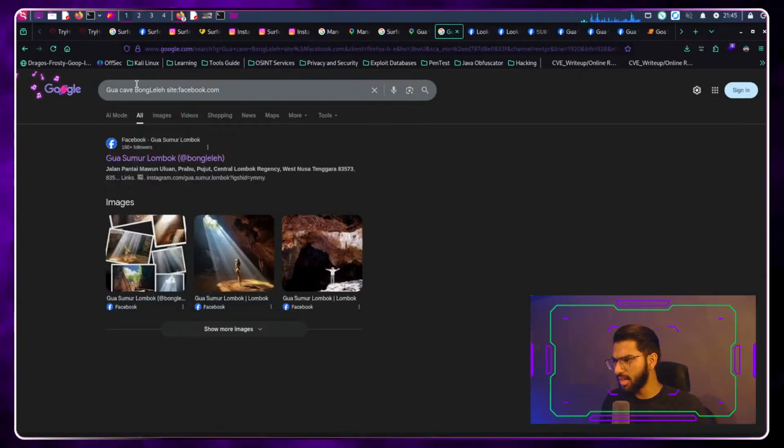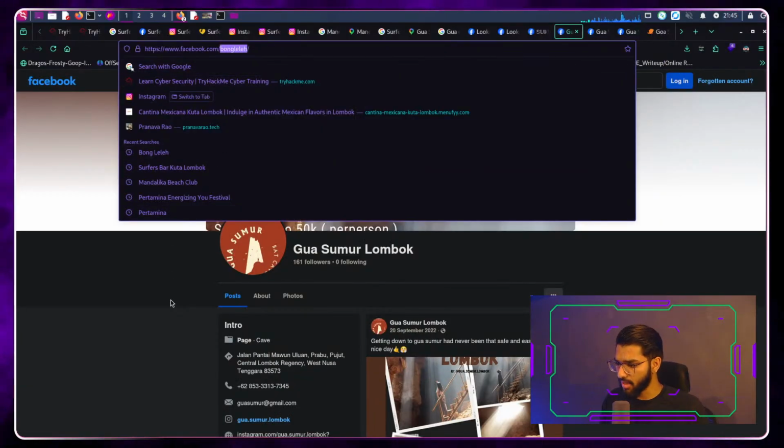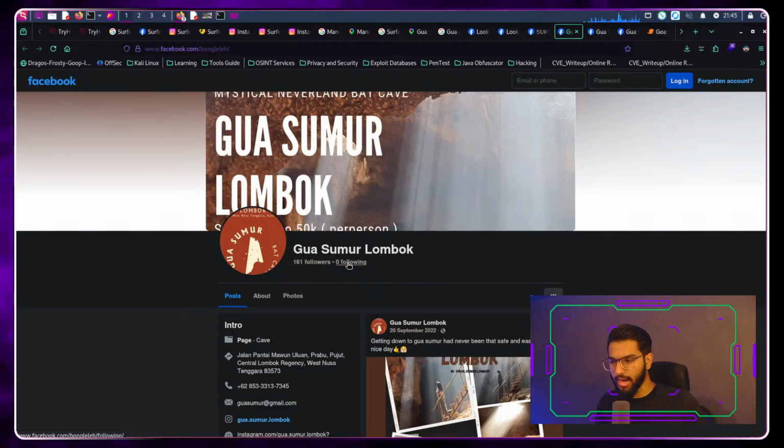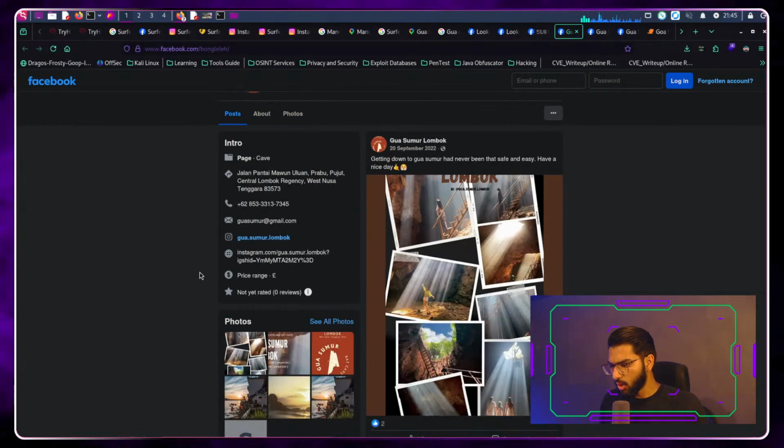So the DJ's name is Pong Lelish, and coming here, it also says the same username there. So it kind of gives a context about this user, or this DJ was running a business related to this cave that was right here. So here I can see the phone number.